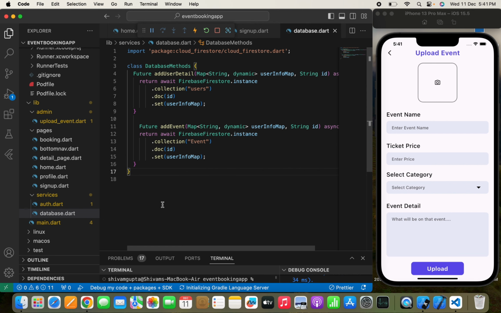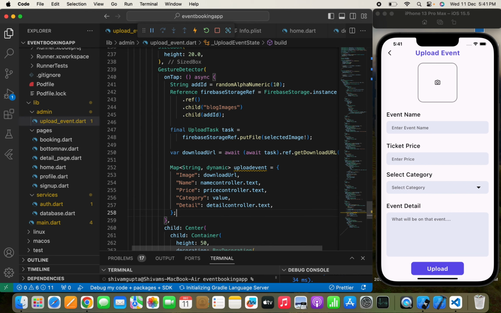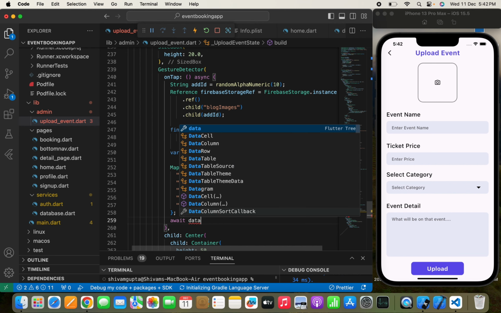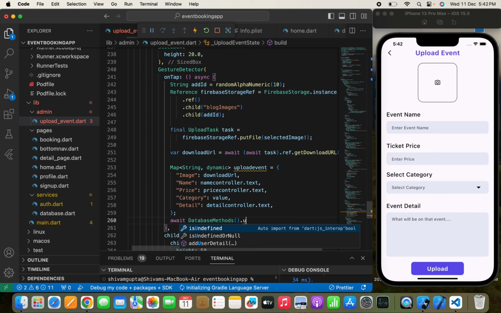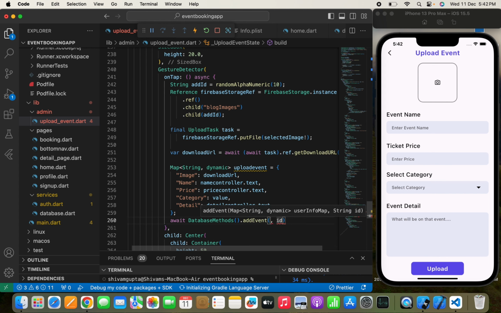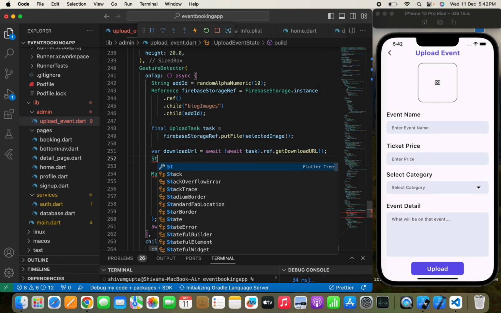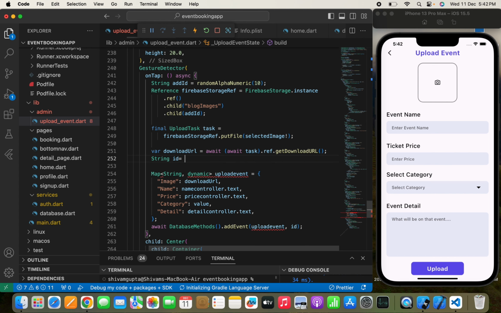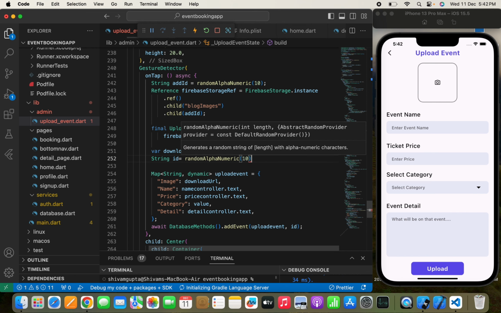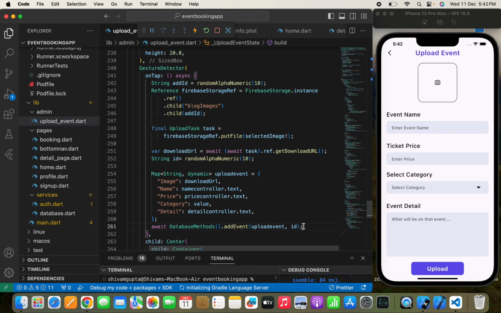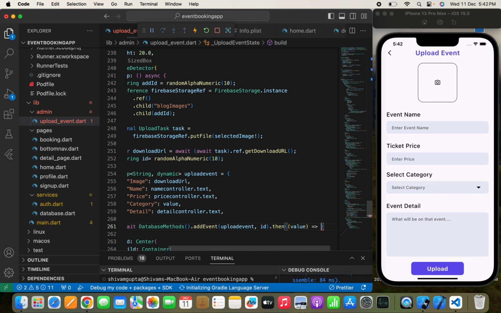So once it is done, let's move to our upload event.dart page, and here I need to simply write await database methods dot add event, and here we need to write a map name which is simply upload event, and in the id we need to simply pass a unique id. So the unique id we are going to provide to each event that we are simply going to upload. So here I will use a random alphanumeric 10. Yeah, and here we need to pass an id,